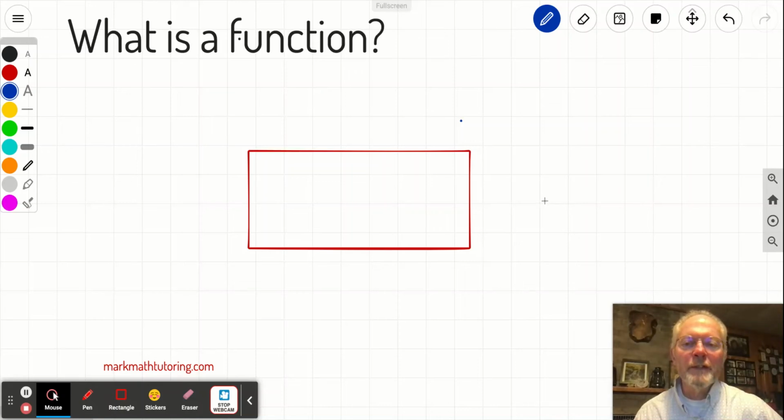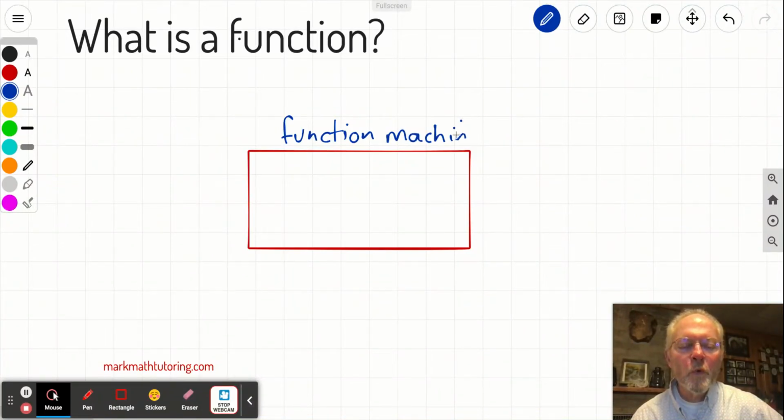What is a function? We hear this word a lot beginning in Algebra 1 and throughout Algebra 2 and beyond. And I'd like to illustrate this concept with a drawing here that I'm going to call a function machine. So this rectangle is my function machine, and this machine is built for a particular purpose, or it has a